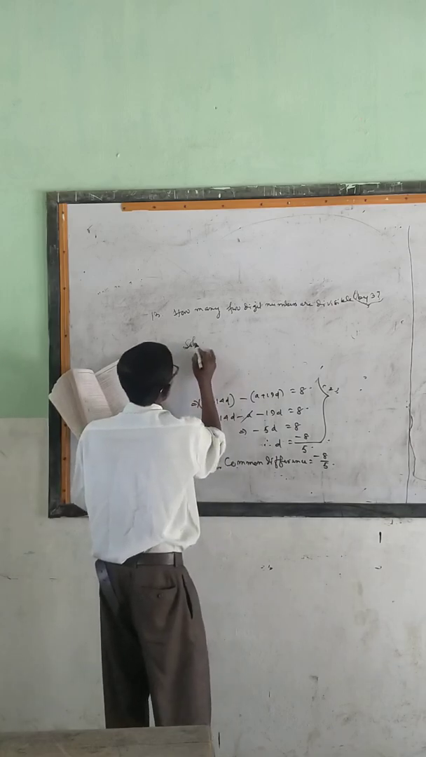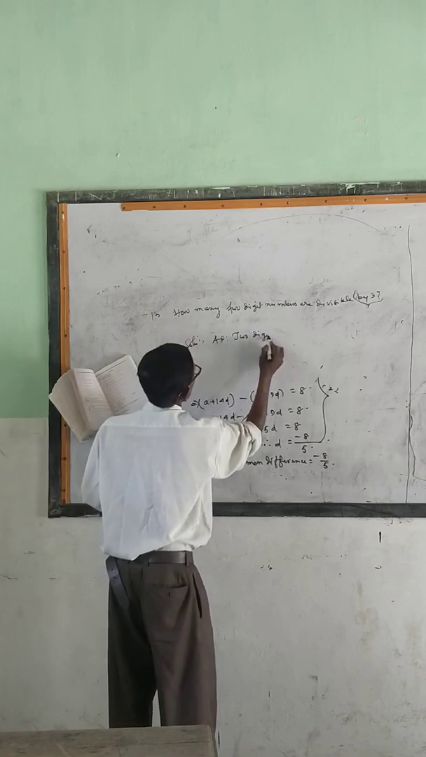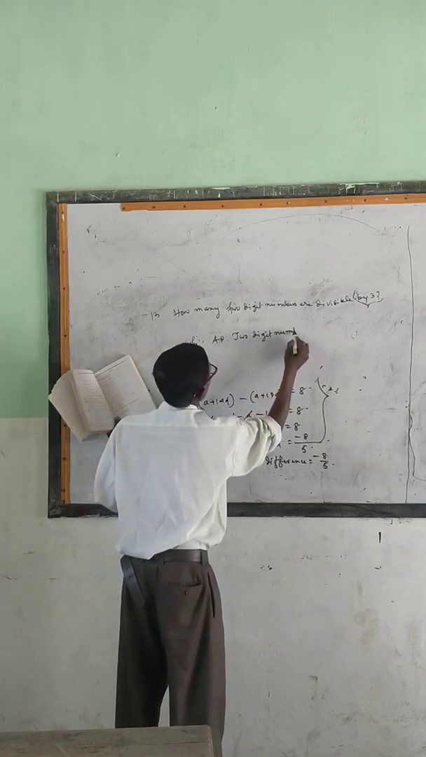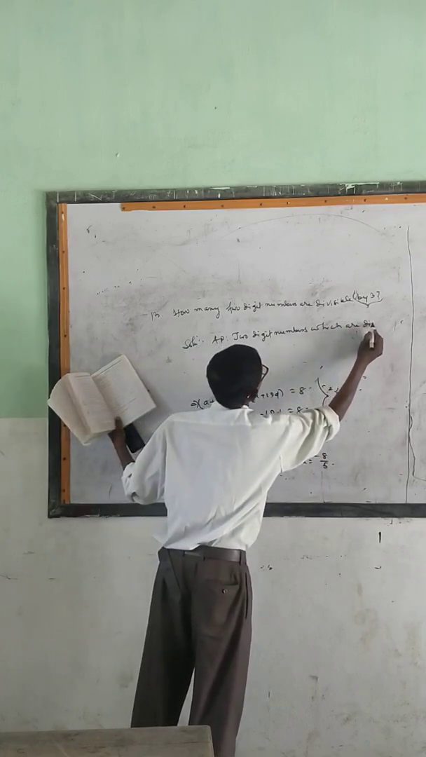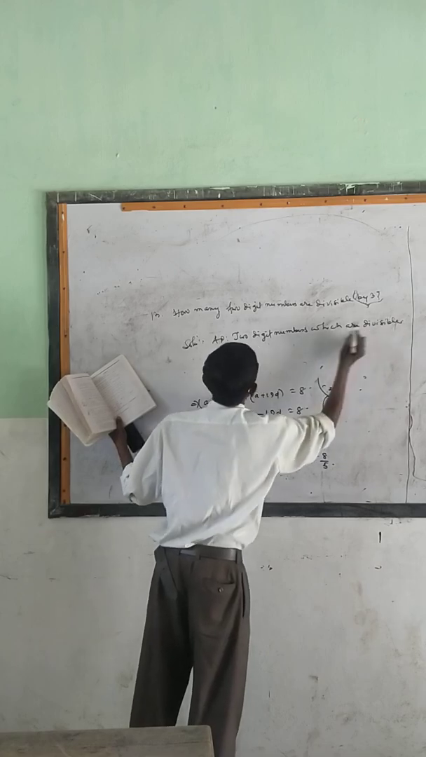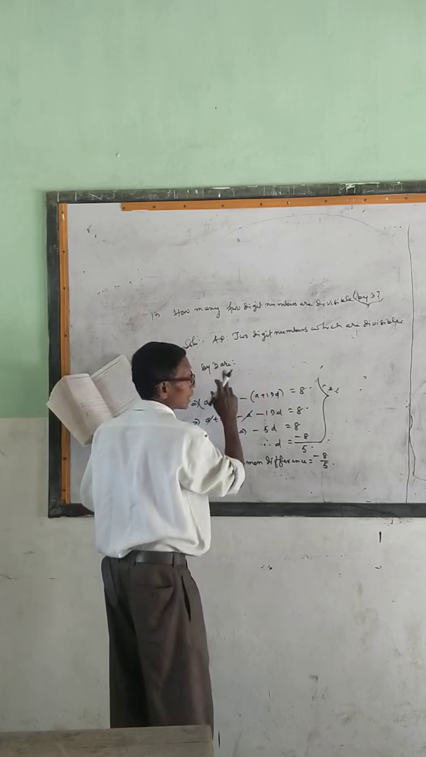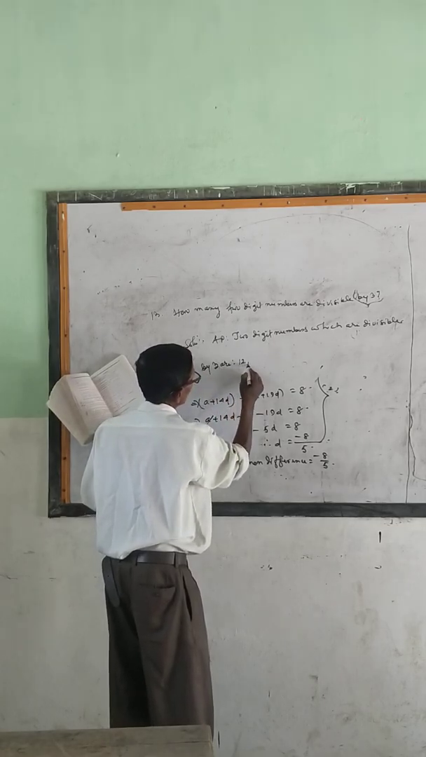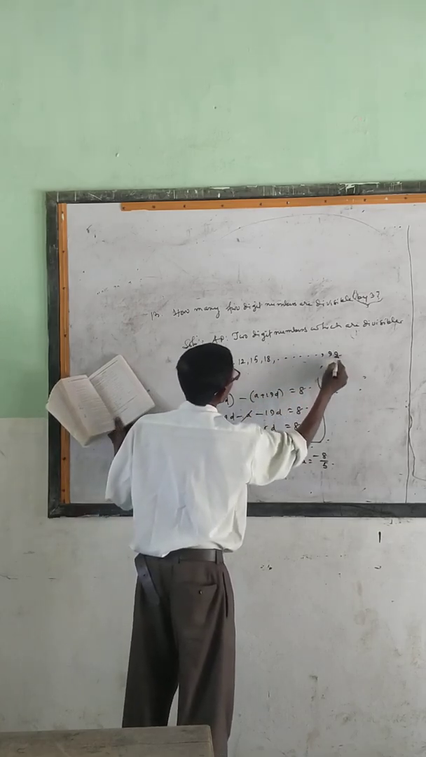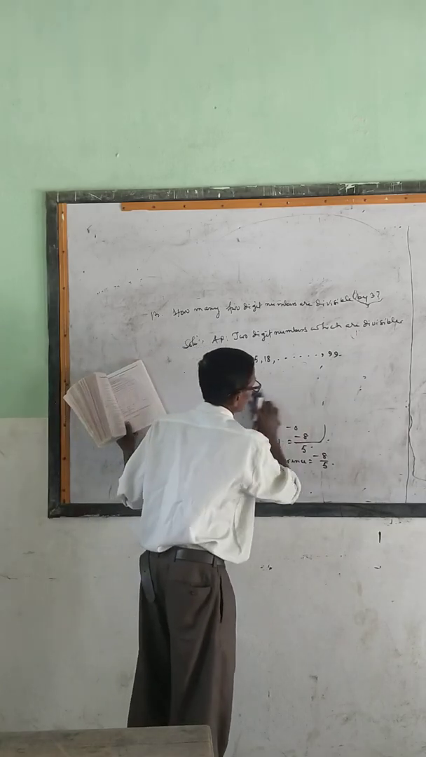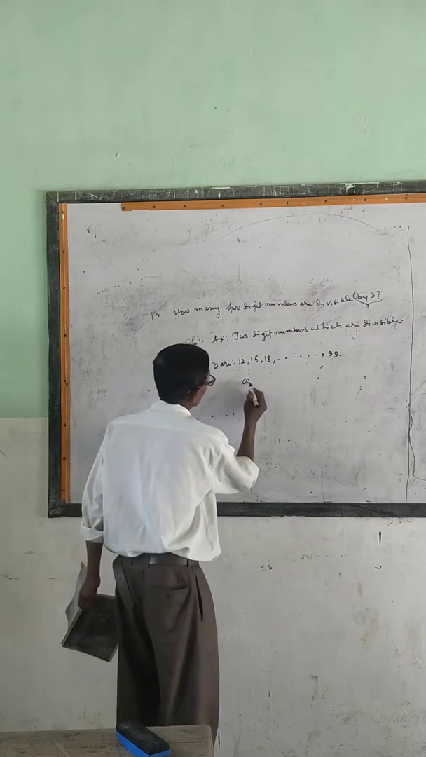Solution. AP means the 2-digit numbers which are divisible by 3. Remember, 2 digits start from 10. So divisible by 3 means 12, 15, 18, up to 99. So see, we know that here the first term A equal to 12,